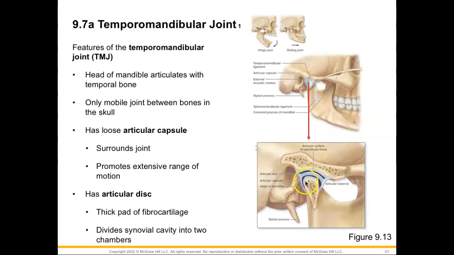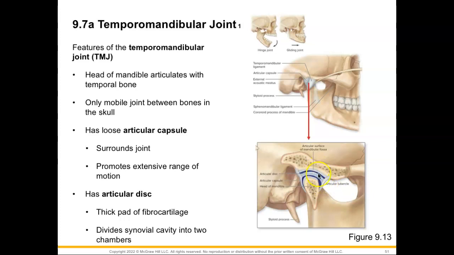you can see a little bit better over here, is going to articulate with our temporal bone, specifically at that mandibular fossa of the temporal bone. This is the only mobile joint between the bones in our skull, and we also have this loose articular capsule surrounding this joint. It is going to be able to promote an extensive range of motion here, and if you